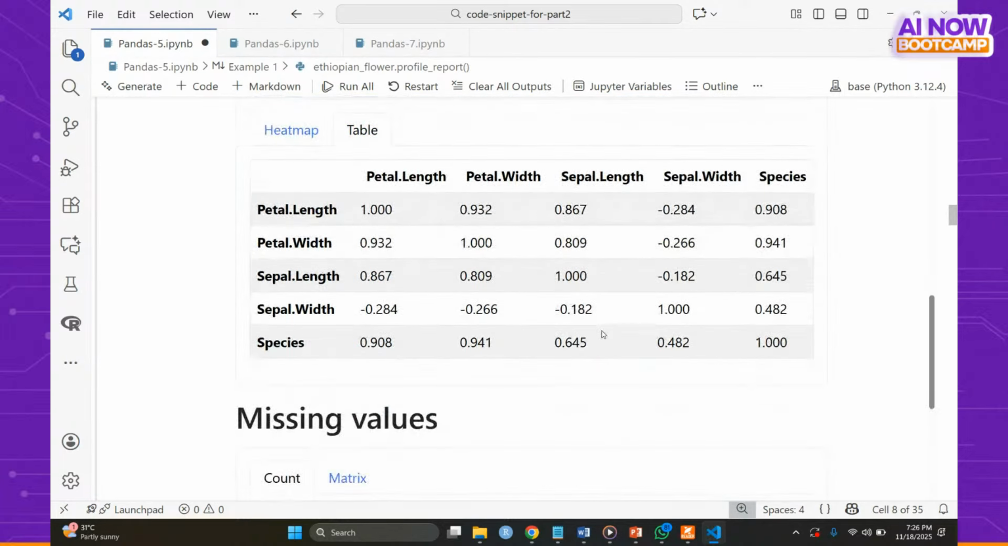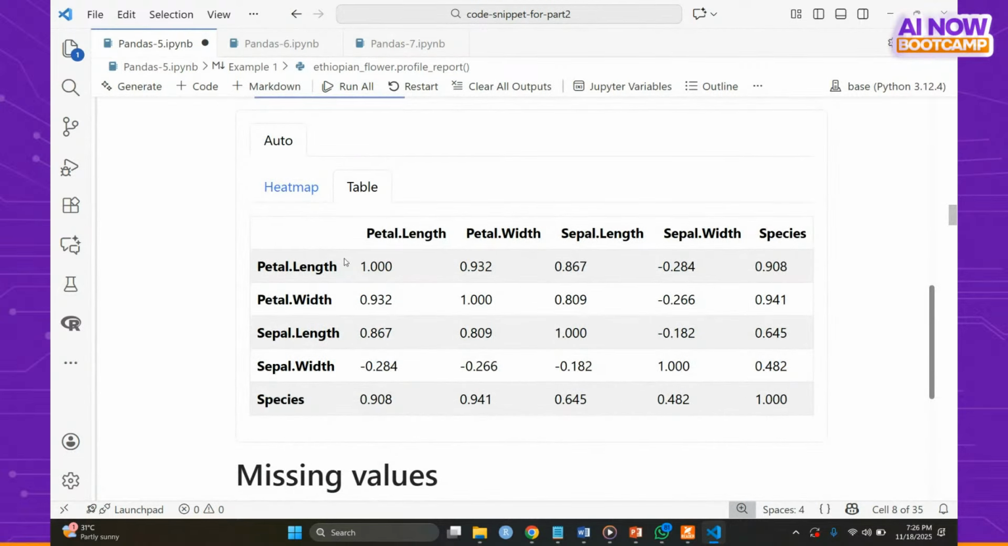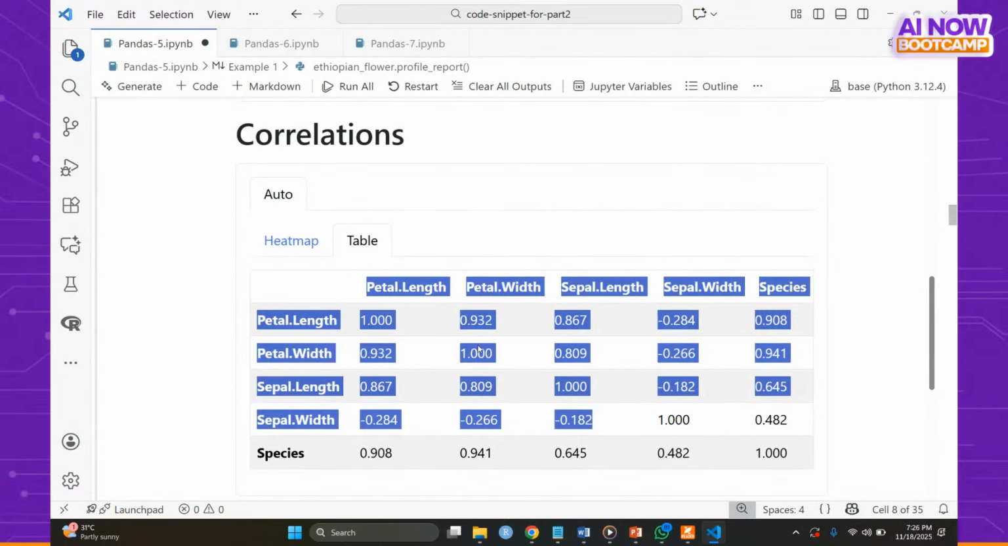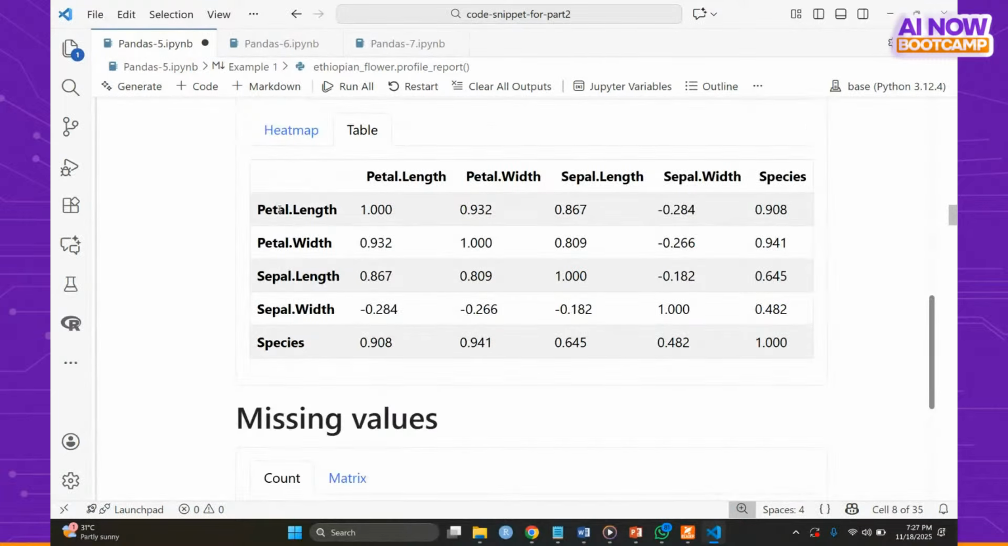You can also click on table. So this is the correlation table, right? If you cannot quantify the correlation coefficient in this heat map, then you can move to the correlation table to see everything numerically. So here you can see that petal length and petal width are highly correlated, 0.932. And sepal width and petal length is minus 0.28, telling you that there's a weak negative correlation, because this is not up to 0.5. So sepal width and petal length are negatively